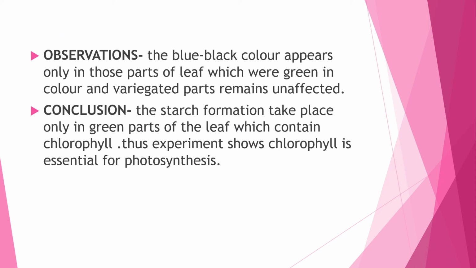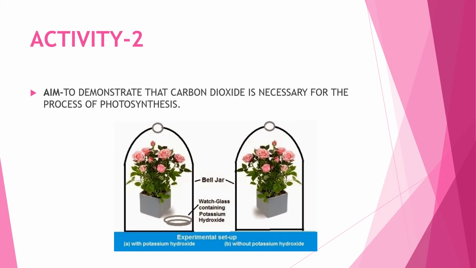So what are the observations of that activity? The blue black color appears only in those parts of the leaf which are green in color, and the variegated, that is the non-green part, remains unaffected. Why? The starch formation takes place only in the green part of the leaf which contains the chlorophyll. Thus the experiment shows chlorophyll is essential for photosynthesis. The second activity is to demonstrate that CO2 is necessary for the process of photosynthesis,